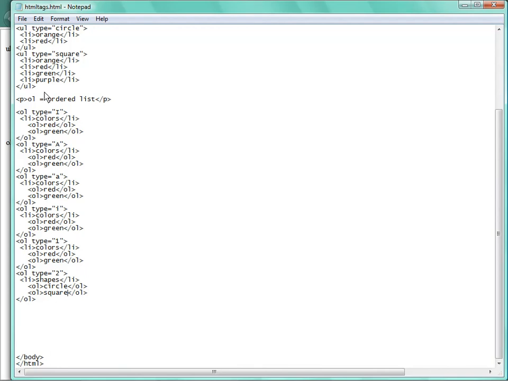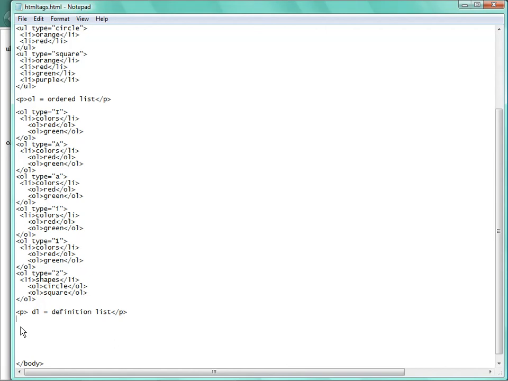But you get the idea of what we're working on here. The other table that we have is a DL. DL equals definition list. And it's kind of the same. It doesn't have any of the tags. It's just writing. You're not going to have any circles or squares or numbers or anything like that with a DL tag. DL tags are going to be more for if you're writing